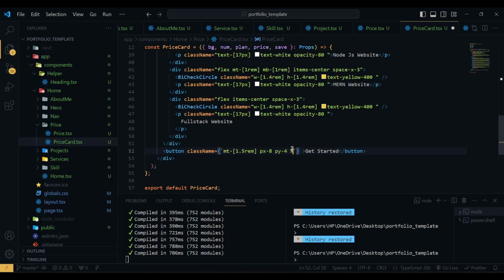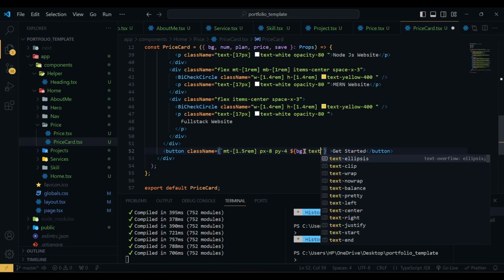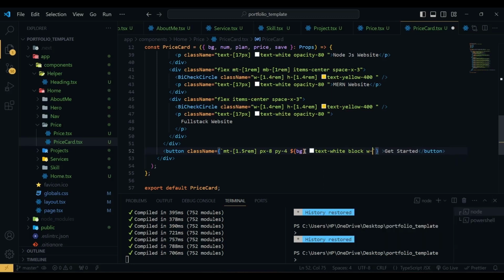So let me check if we use our bg, so how it looks. So then we have text of white, block, width of full,